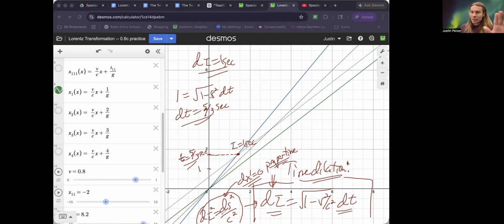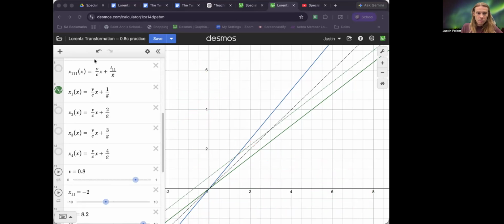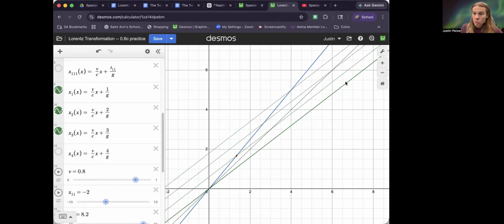Let that make sense. This is an official definition. I'm not saying it as a tangent, just reminding you this is where this comes from. It's huge. So let's look at this a little differently. Let's clear it all and mark 1 second, and let's add the 2 second one, and let's add the 3 second one. So this was t prime equals 0, t prime equals 1, t prime equals 2, t prime equals 3. We've graphed those lines,